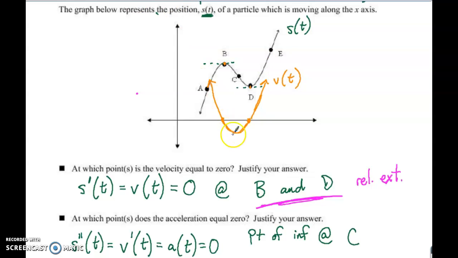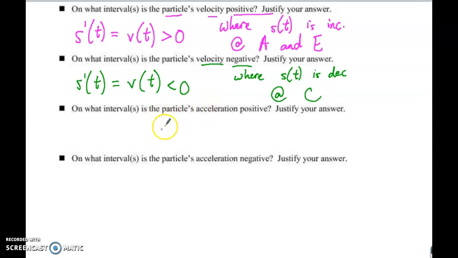And then from that, you could say, oh, okay, well, here's my relative extrema, lined up with C, by the way. It's decreasing first, so below the x-axis, and then increasing to the right, above the x-axis. Trying to make it so you can actually see that blue is acceleration there. That's a very poorly drawn graph, but I think you get my point. So then from that, I think you can tell clearly that the acceleration would be positive at points D and E. So particle's acceleration is positive. So if acceleration is greater than 0,